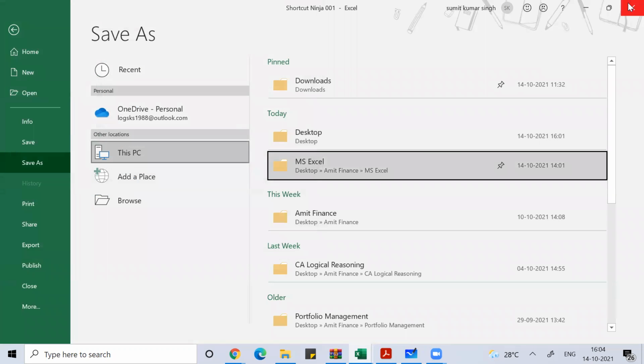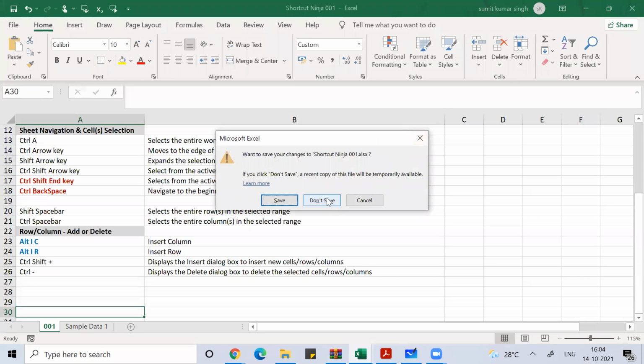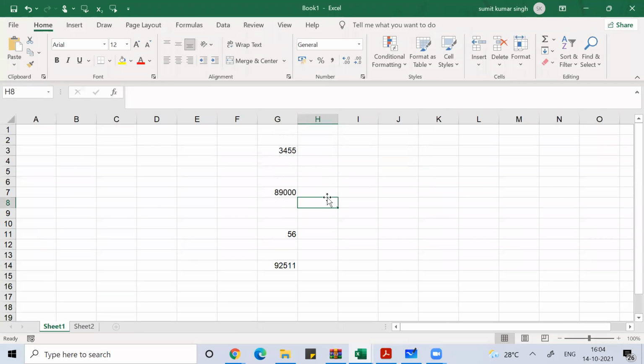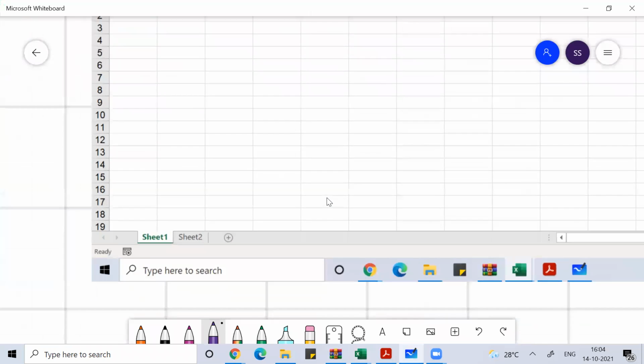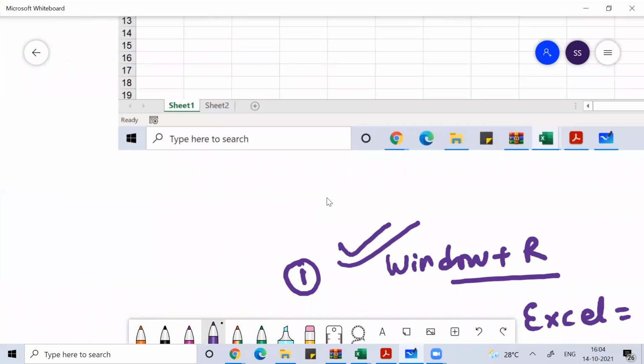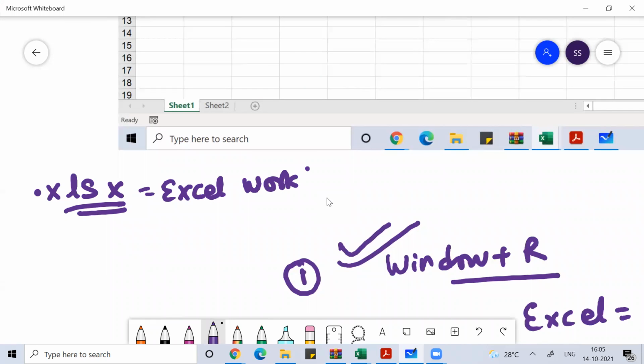By default, whenever we work on Excel, the Excel workbook we are working on will save with the extension .xlsx. That is the extension of an Excel workbook. Whenever we save any Excel workbook, it will save with this extension .xlsx.